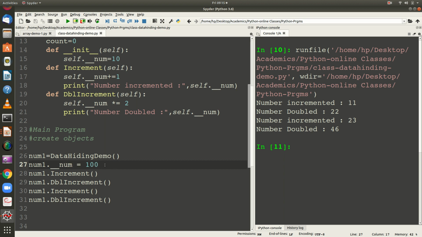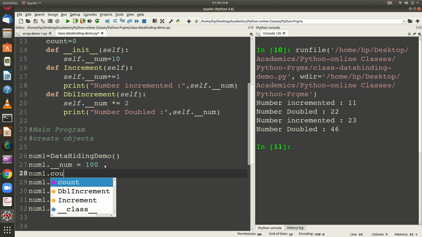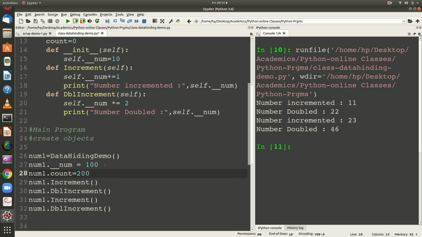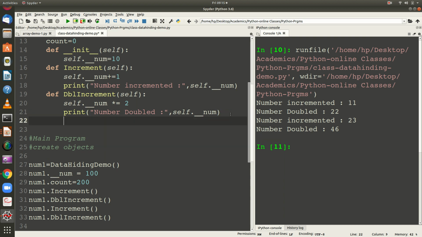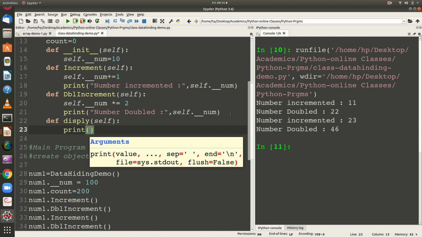But at the same time, if I am going to assign 200, and let me say I have a method def display, self parameter, and I am going to have a print statement that prints the number and count.